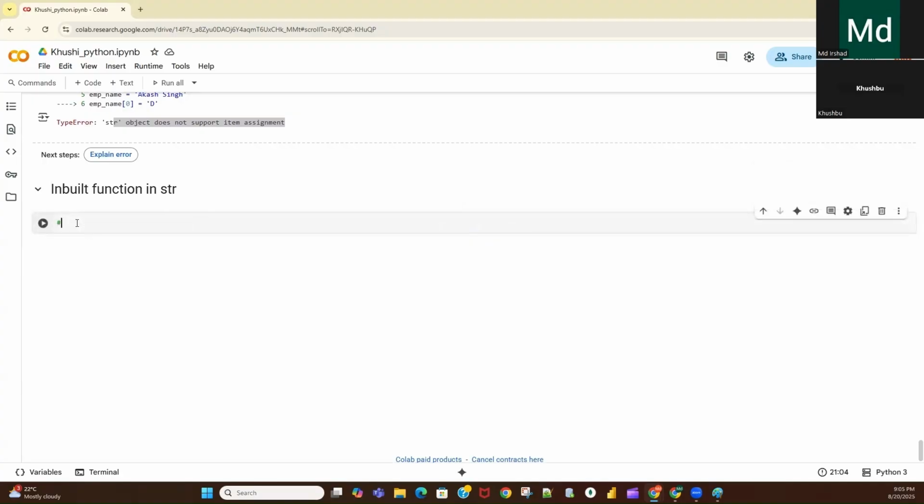Now the first inbuilt function in string, we have the upper function. When I'm saying inbuilt function in string, what does it mean?